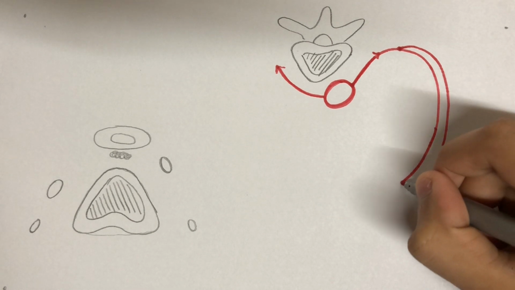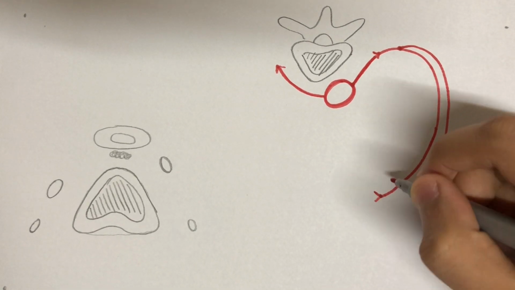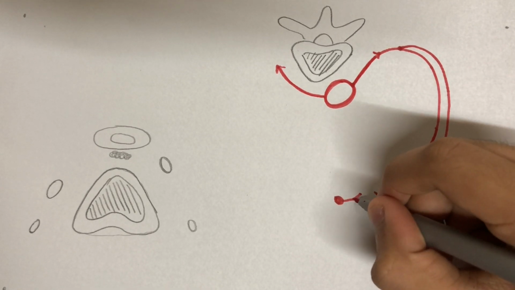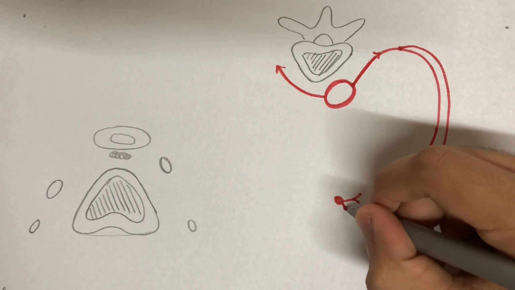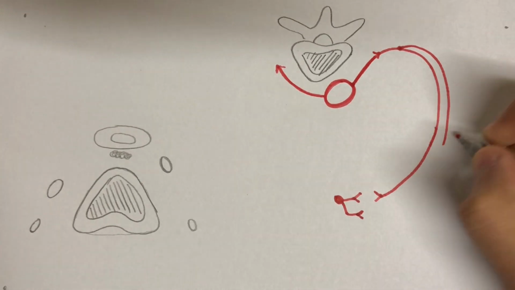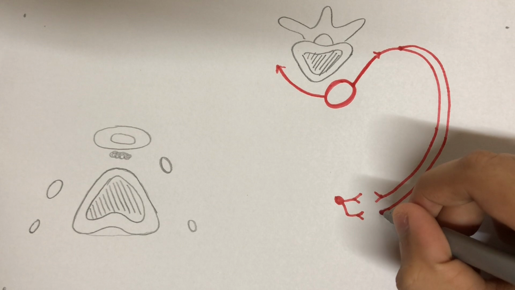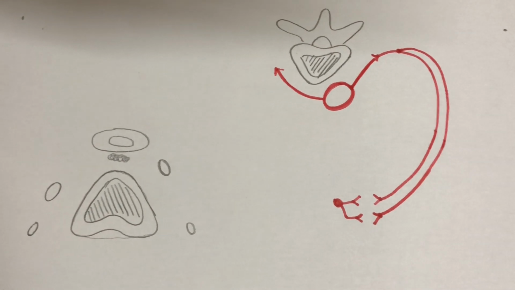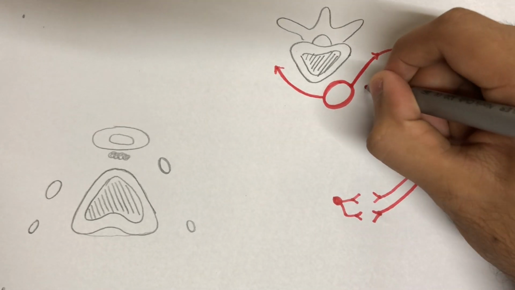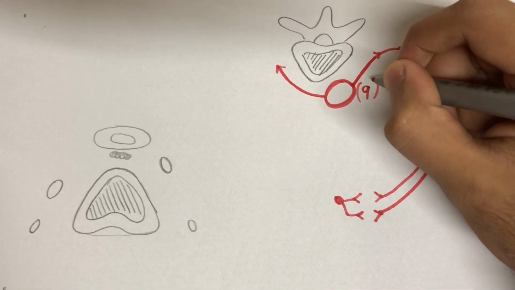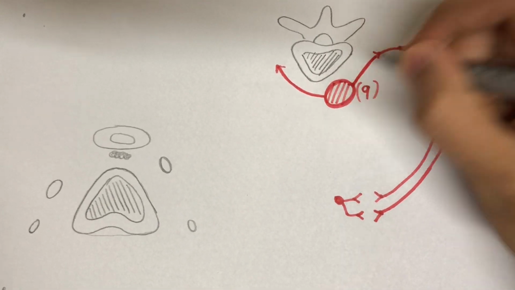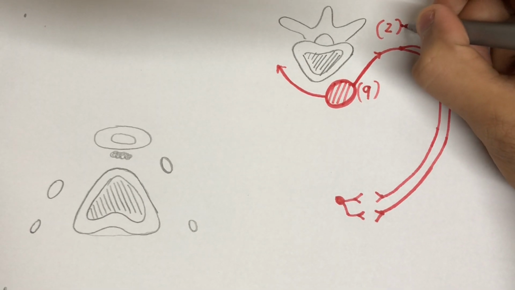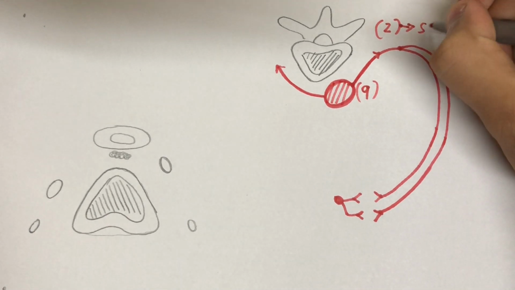The posterior intercostal artery runs forward and anastomoses with the superior part of the anterior intercostal artery, while the inferior anterior intercostal artery will anastomose with the posterior collateral branch. Out of 11 posterior intercostal arteries, 9 are derived from descending thoracic aorta, whereas the upper 2 are derived from the costocervical trunk of the subclavian artery.